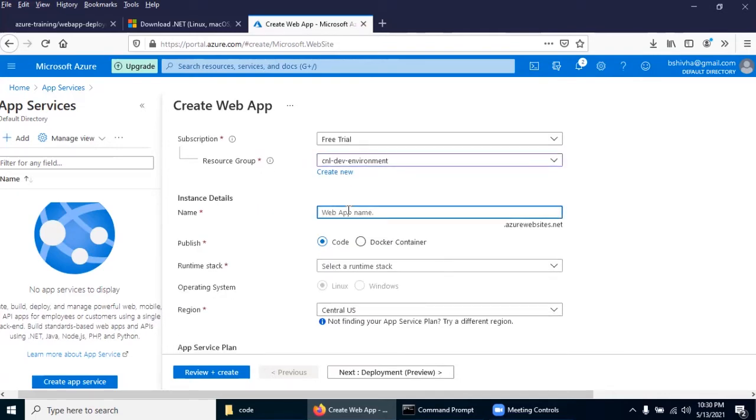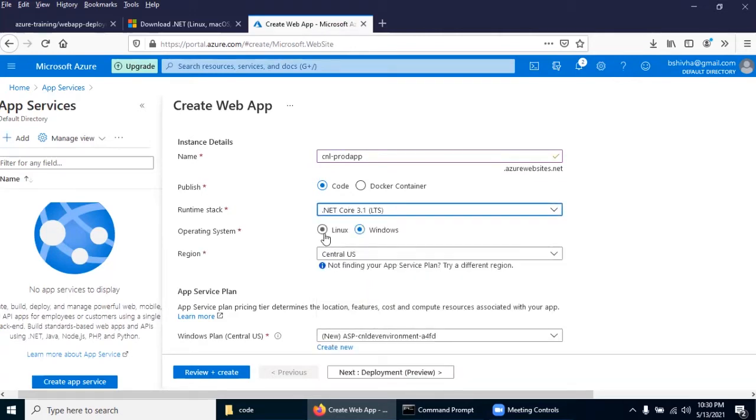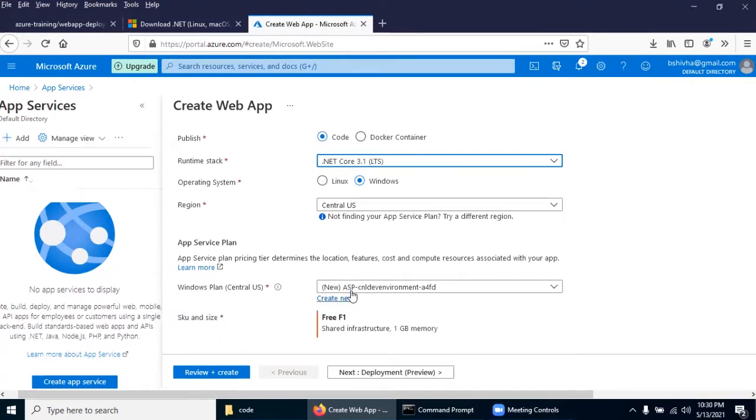I'm going to name the instance CNL prod app. I'm going to select .NET Core. You can select your region according to your requirement. First we will go with the free SKU size, Windows plan.